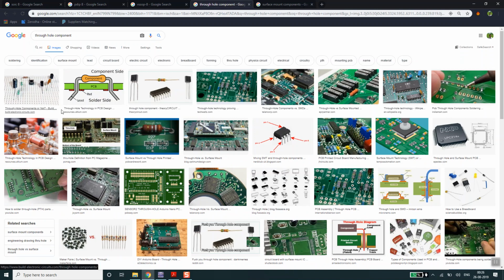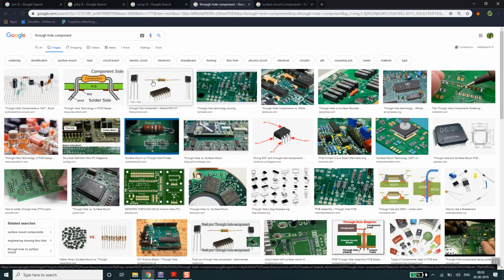So what is a through-hole component? Take a look at these components. This is a resistor basically, and if you have to place it on the PCB, there is a hole given inside the PCB, and you have to bend this wire, then put it into these holes, and then you have to put a solder